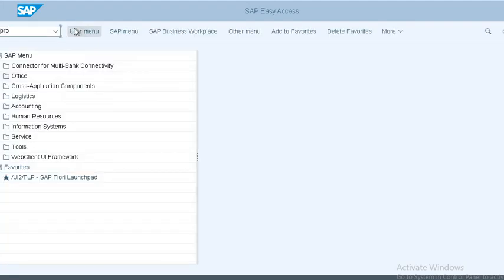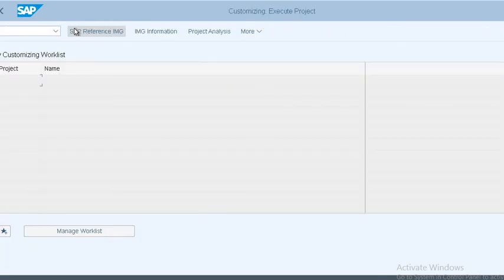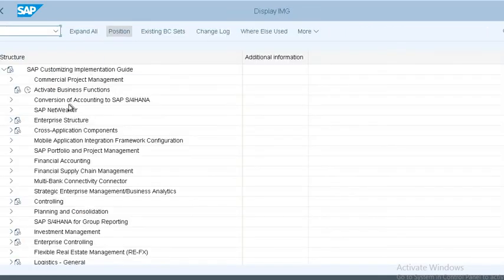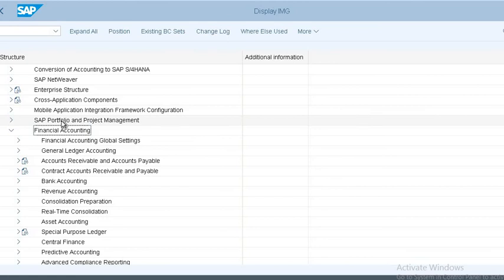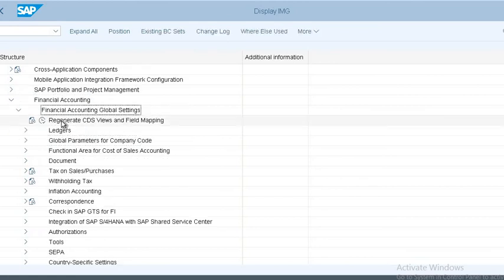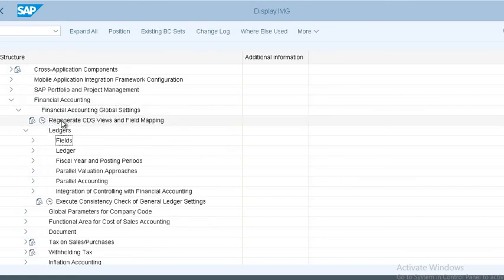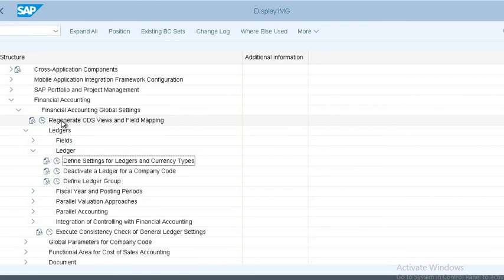Okay, now we can do the configuration of a simulation ledger, a simulation extension ledger. Same path in the define settings for ledger and currency types.